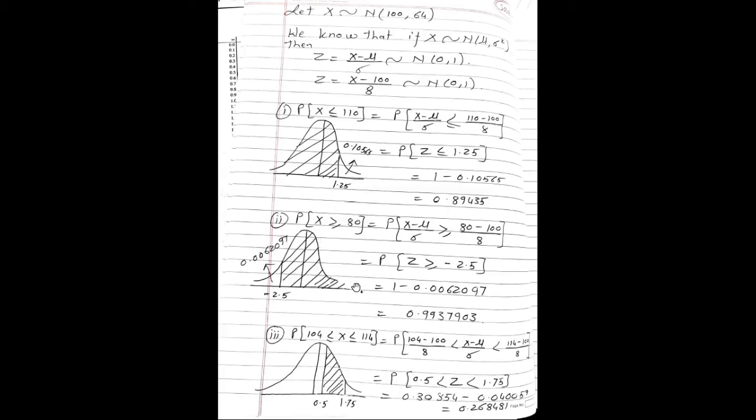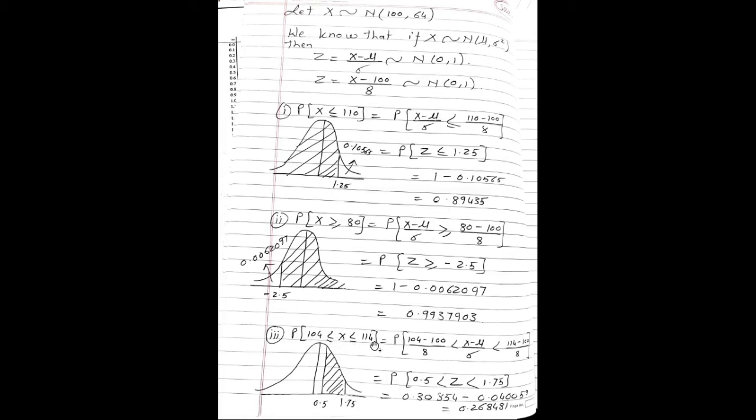But we know that if we see the value of 2.5 in the 0 column, the probability which we are getting is tail part, which is nothing but 0.006297, which we don't want. So to get the final answer, we will consider this as 1 minus 0.006297. So the answer is 0.9937903.